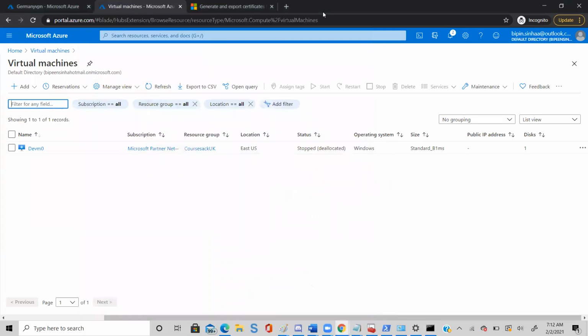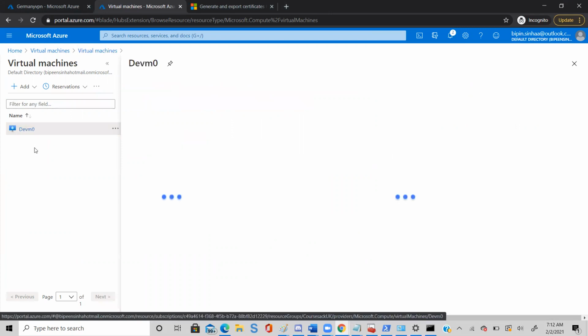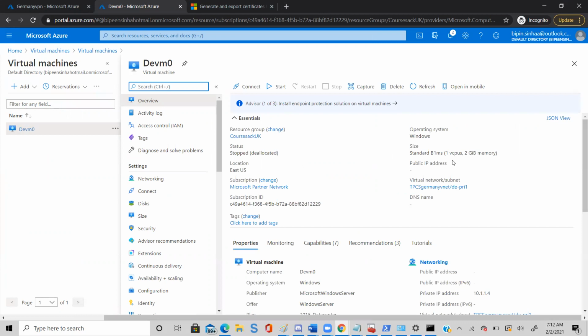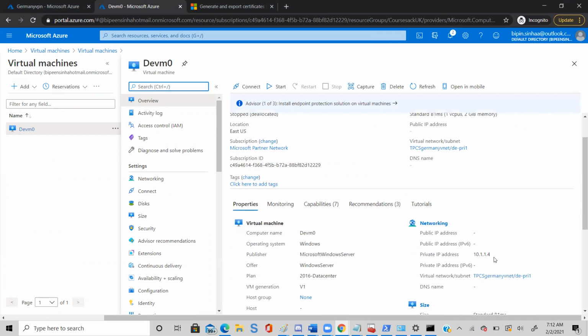So let's say now I'm trying to access this server. This server does not have a public IP. Correct? But this server has a private IP. So I can still connect with my server because I am connected using a VPN.